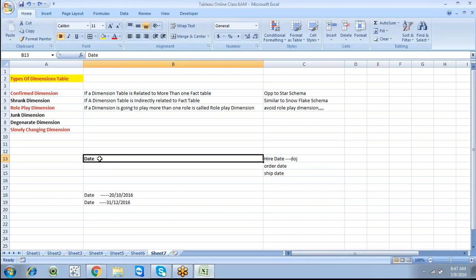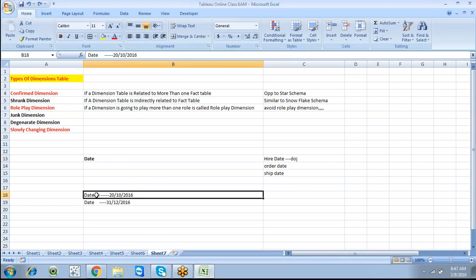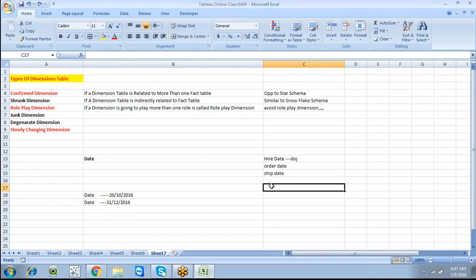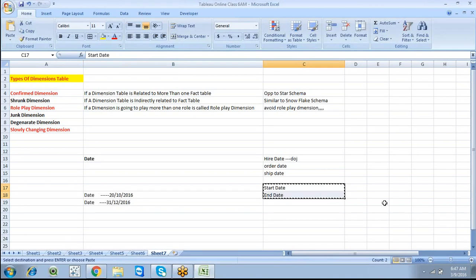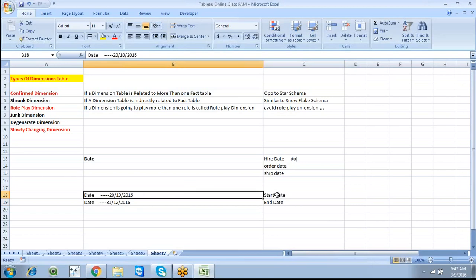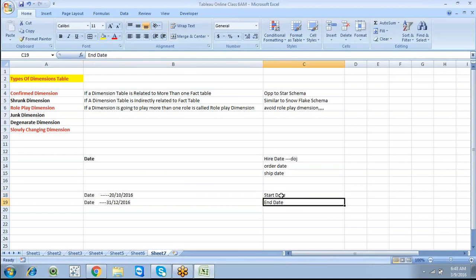So a role play dimension: date is a dimension, and if this dimension is going to play more than one role, here we have a date and here also a date, but I know this is a start date and this is an end date. It is very clear that this particular date is a start date and this one is an end date. Both are also a date. So by using aliases,